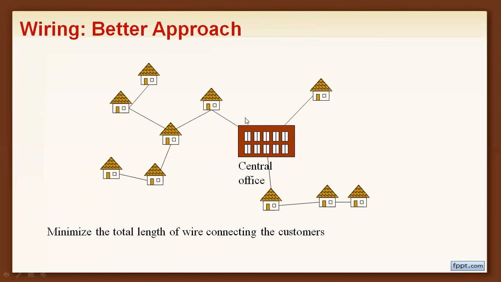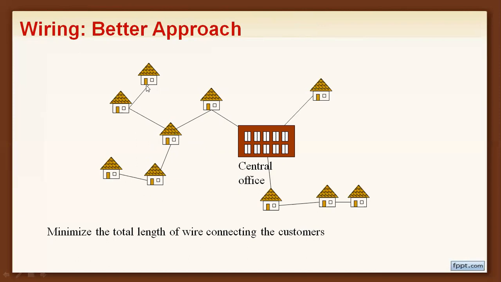So here, this is the central office. From the central office, initially you need to identify the nearby house. This is the nearby house, the nearby residence, so you can connect it. Once connected from here to here, from that node you can identify the nearby node, and this is also connected. From that node, identify the next nearby node. This is also one more node.